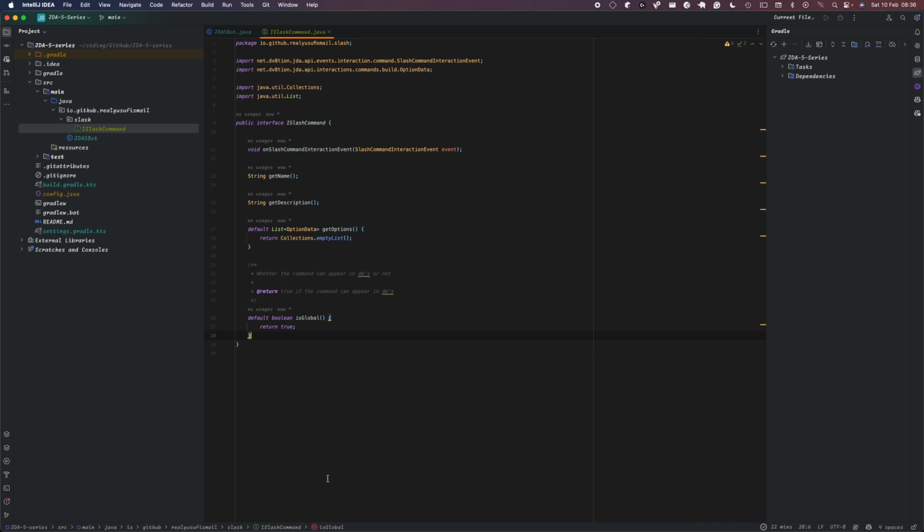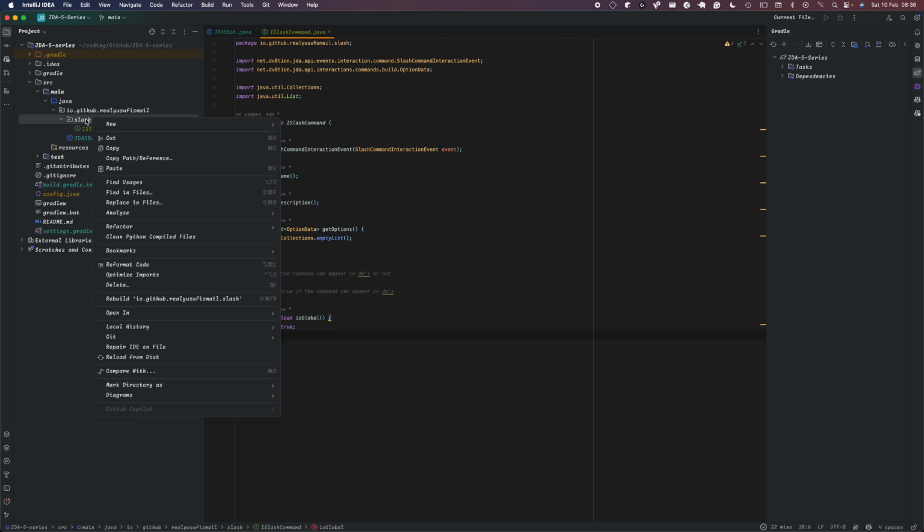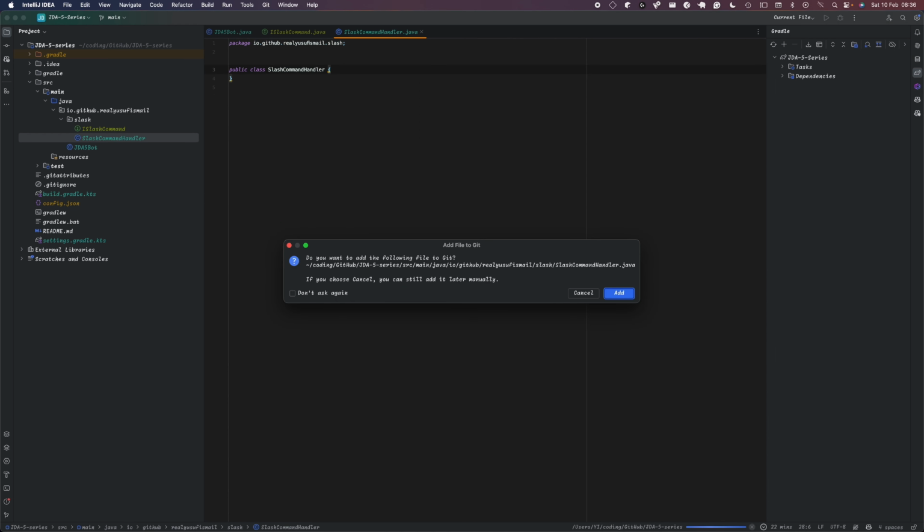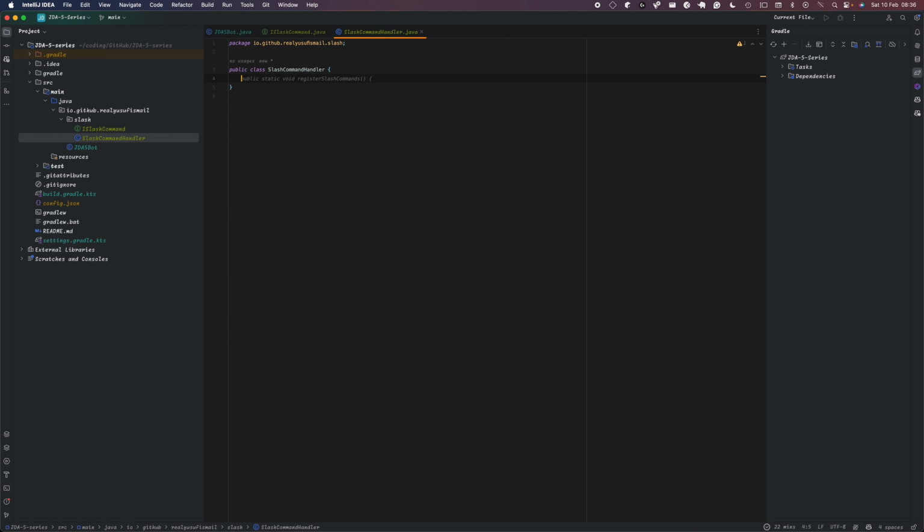And now let's go back here, and now we're going to create another class. We're going to call this SlashCommandHandler. This is where we're going to handle all the slash command registrations. So SlashCommandHandler. All right, in here we're going to need a